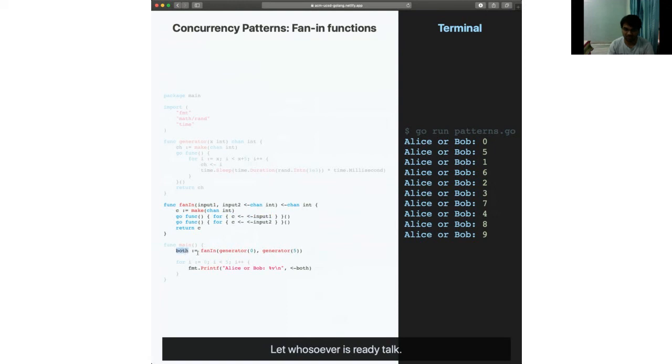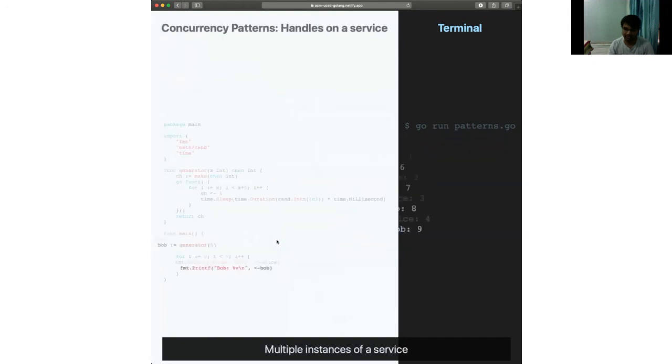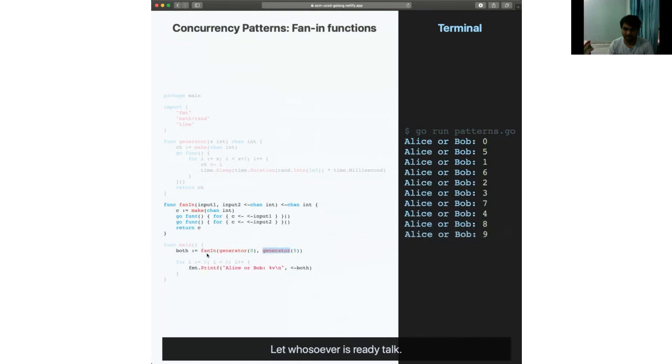So when we call fan-in on generator 0 and generator 5, which were our old Alice and Bob, fan-in combines them into a single both channel.